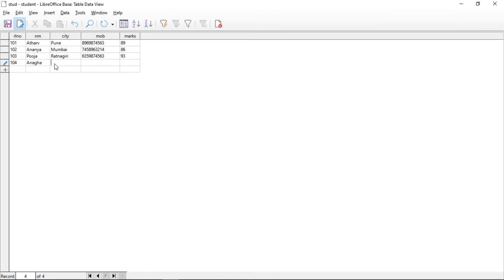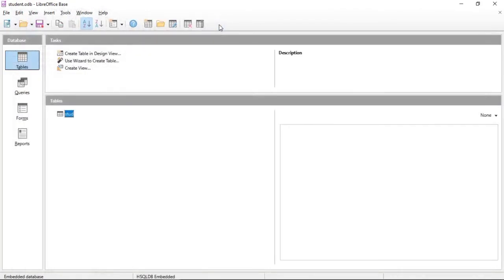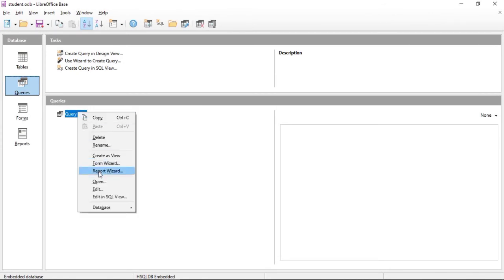Anagha from Mumbai, let us enter a number and marks, save the record, then close it. Now we will give a filter for the query as Mumbai.